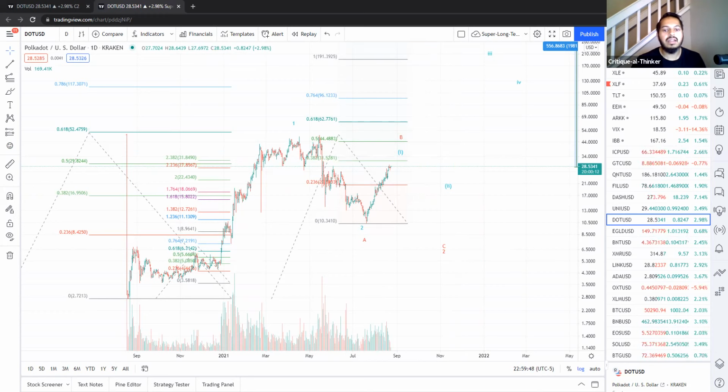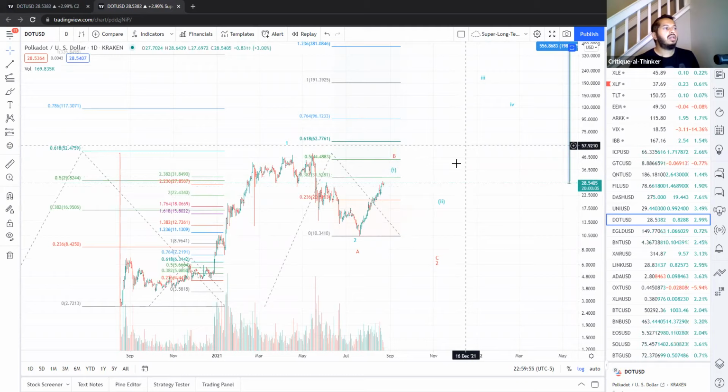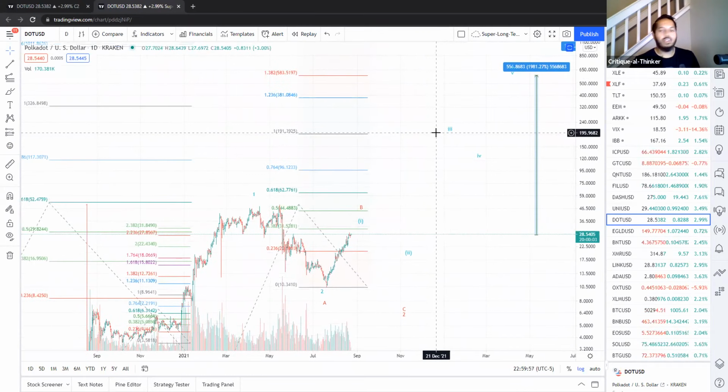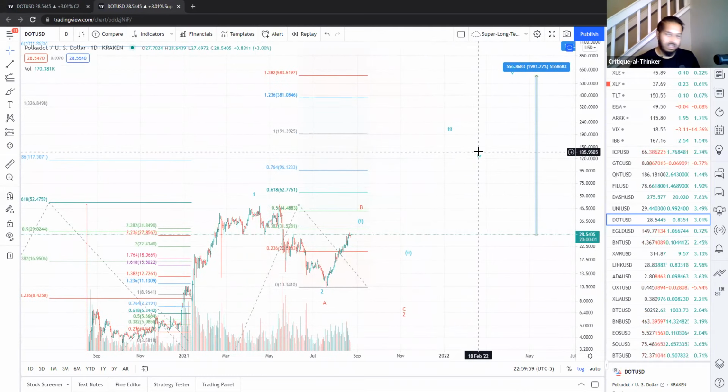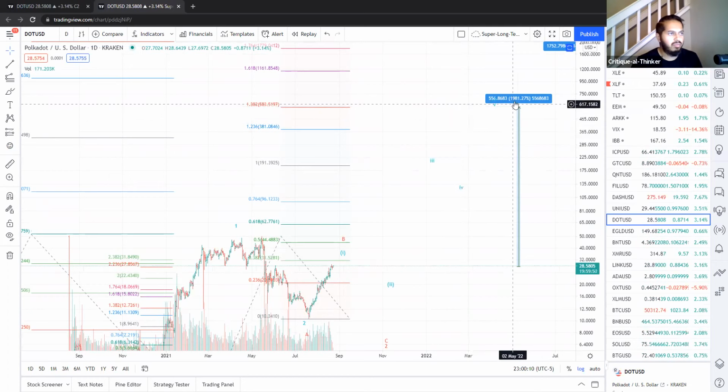Aside from that, if we do hold the support level, here's what we're looking at. Again, we'll have a wave 1, wave 2. Our sub wave 3 is targeting $191. We should have a small consolidation in sub wave 4. We'll hit a fifth wave, a small fifth wave or overall third wave, of about $583. That's where the 21x comes from. What is it? 19.8,